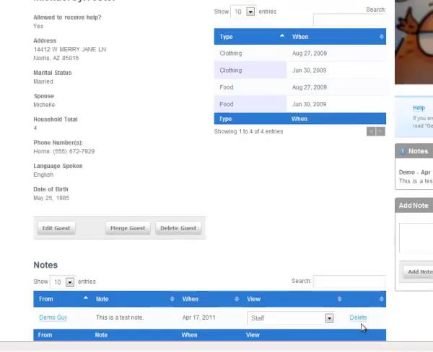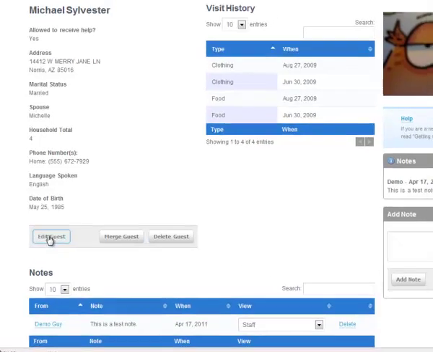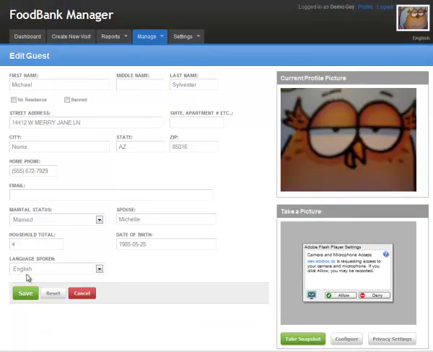Let's go to the edit page where you can change information for Mr. Sylvester. We will go to Edit Guest. This is where you will enter or edit his personal information. I would like to point out to you that there is a no residence checkbox to be used if your guest is homeless, and a ban checkbox if for some reason this particular guest is no longer allowed to attend your food bank or food pantry. Below you will see the address, apartment number, city, state, and zip code fields, the home phone,